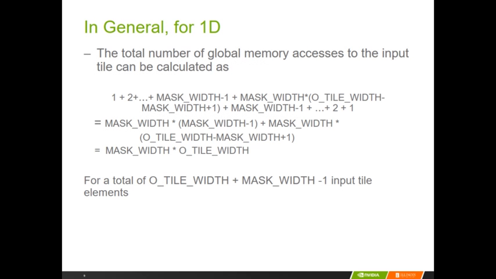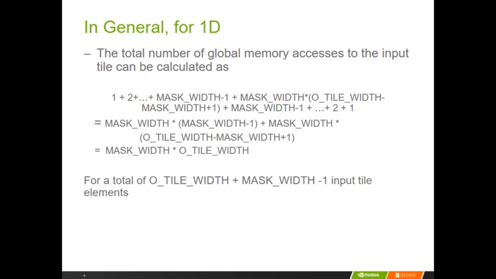In general, if we look at it from the input element reuse perspective in the shared memory, we would have a series of 1 plus 2 plus all the way to mask width minus 1, and then we have a series of elements that will be reused mask width times, and the number of these elements is the width of the output tile minus mask width plus 1, and then we have a trailing series of mask width minus 1